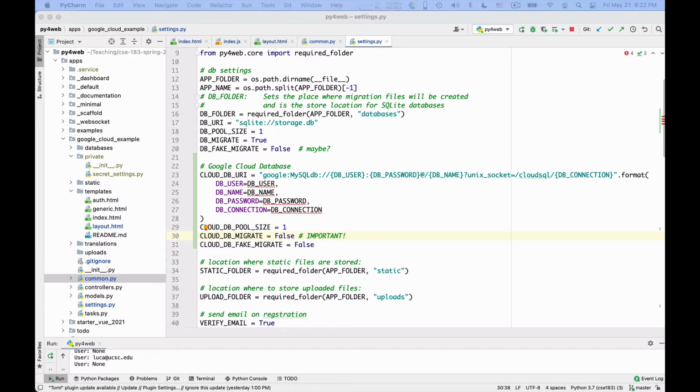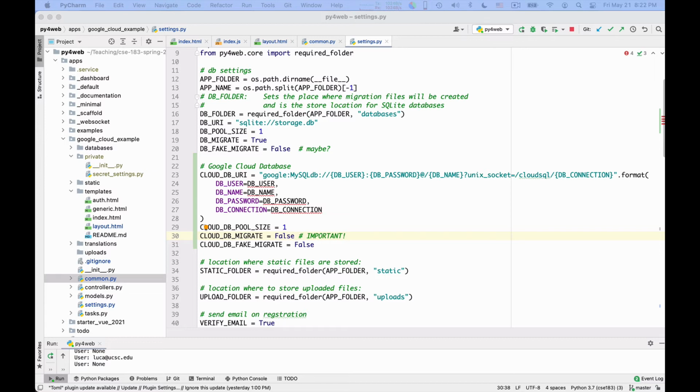To give you an example, suppose you rename a column. For example, instead of name, you change it to first name. What Py4Web actually does is that it creates a new column called first name, then it copies everything in the column name to the column first name, and then it will delete the column name.